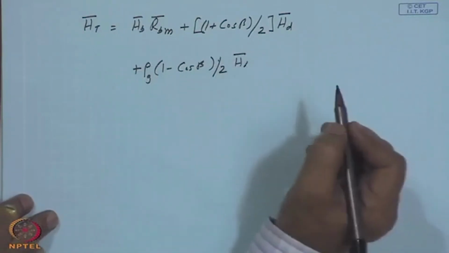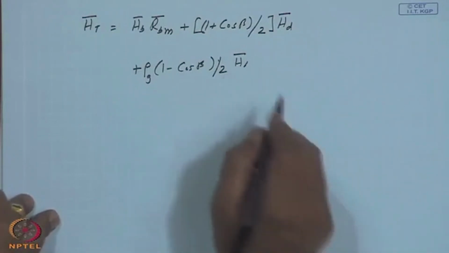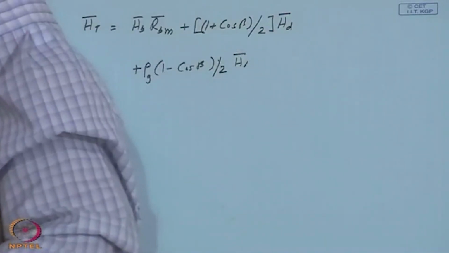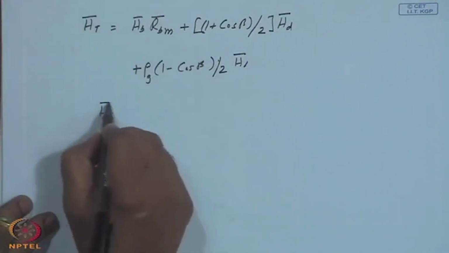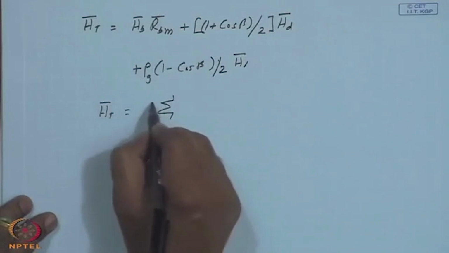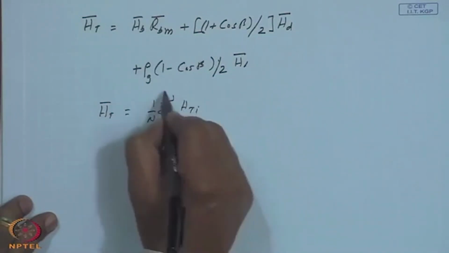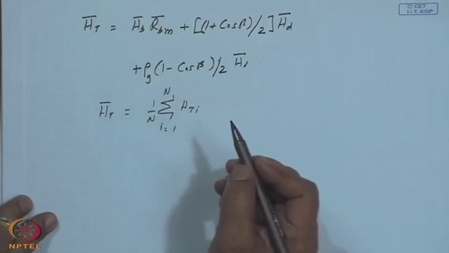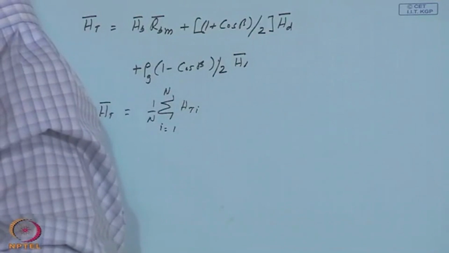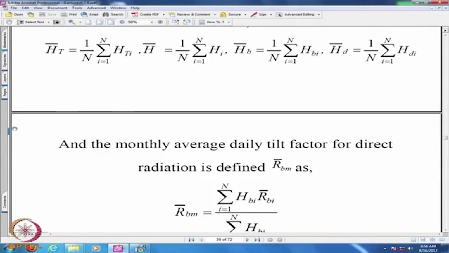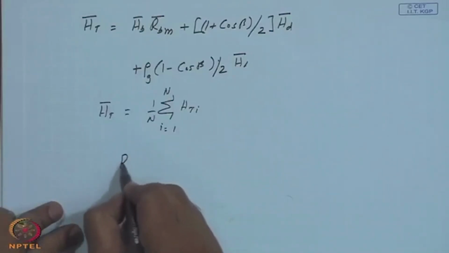Where H bar is the global radiation, or the total radiation over the day. You will find the corresponding averages. For example, H_T bar is defined as 1 upon n, summation of H_T over i equal to 1 to n, where n is the number of days in the month. So, consequently, we define the monthly average tilt factor